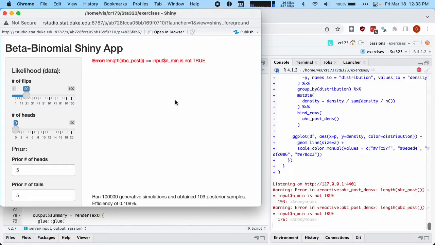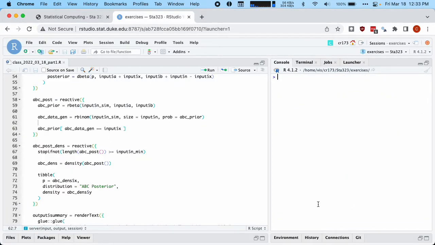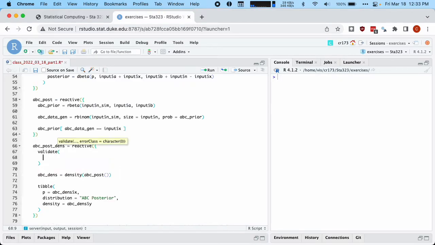So Shiny has a system built in for doing these kinds of checks that's a little bit more robust and a little bit more designed to deal with the vagaries of how all of this stuff works. And so instead of using this, again, Shiny makes these functions available. There's this validate function. And so what the validate function takes is a series of arguments of a need. So I need that the length